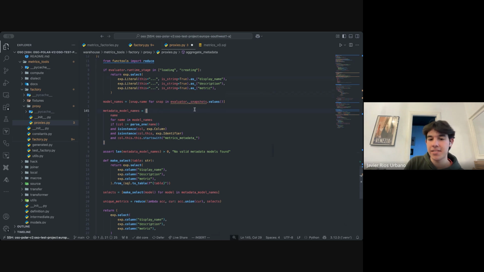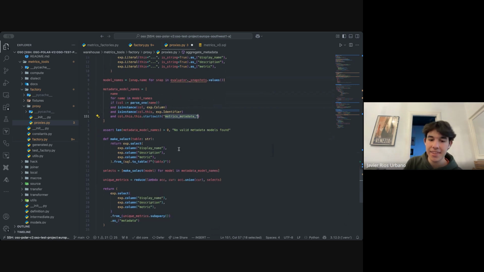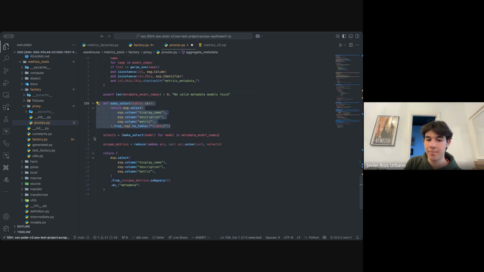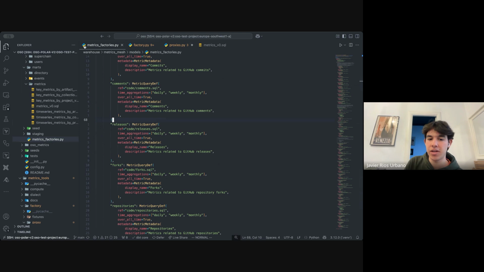Basically what it does is it's a dictionary of all render tables with some metadata. So what I do here is filter all of the tables that start with metrics metadata, which is basically our intermediate models, and then I aggregate all of them. This make select works because there are only 27 of these small chunks, but